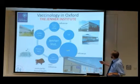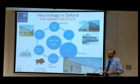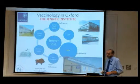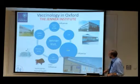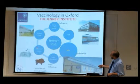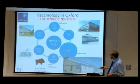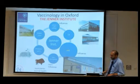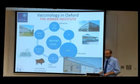in vaccinology. Just next to us here in the green building are the Jenner Laboratories, which Adrian Hill leads, working on various different vaccines that are in development, including a novel influenza vaccine, which is obviously very relevant for the discussions today. Over on the John Radcliffe site is work on HIV vaccines. Down on South Parks Road is work on hepatitis C vaccines. And we also work very closely through the Jenner Institute with the Institute of Animal Health in Compton, where again there is work going on in influenza vaccines, and as you'll hear, that's very relevant to animal health as well